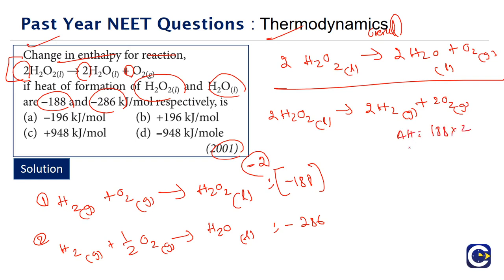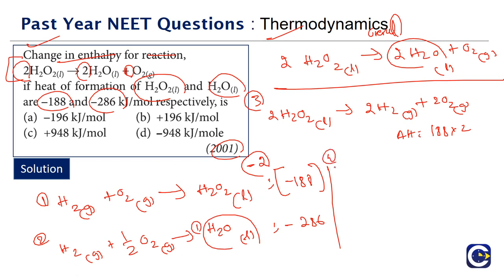Let's keep it. Then the next step is, if you want we can simplify, but we'll just do it later. So this we will call equation 3. Now in the overall equation, the H2O is coming as 2 moles on the product side. In equation 2 we have H2O on the product side, but there is only 1 mole of it. Means the second equation we must simply multiply by 2.